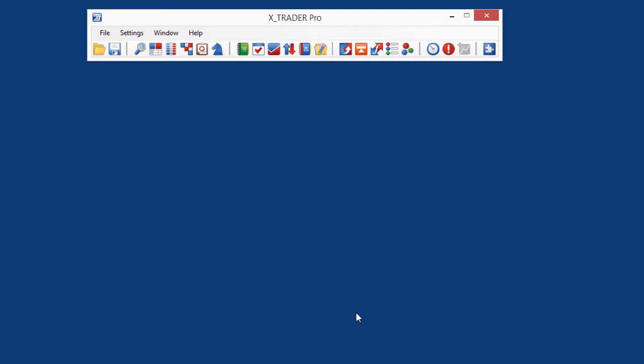Today we're going to look at setting up a quote board within Xtrader Pro. You can see I already have the control panel set up within Xtrader Pro, or the